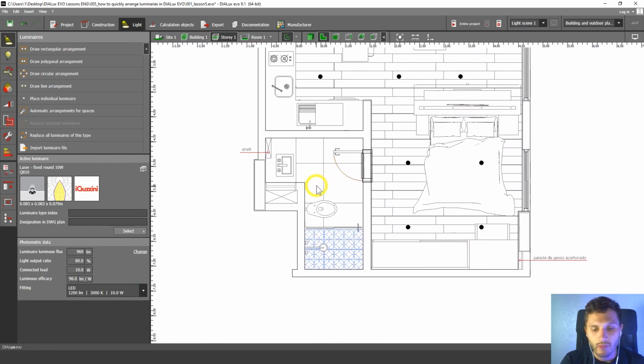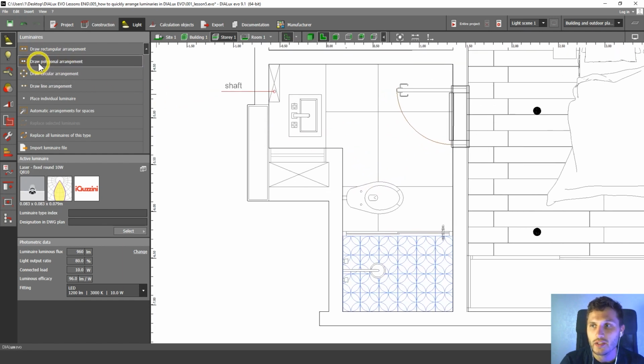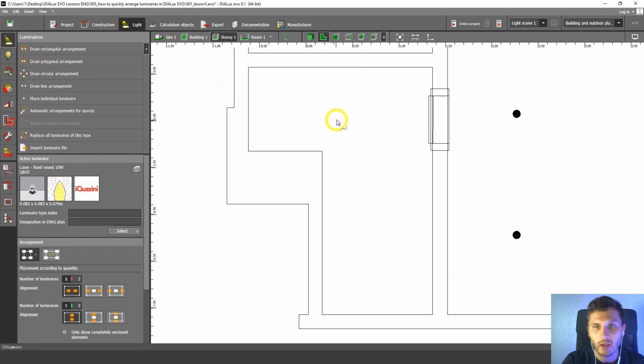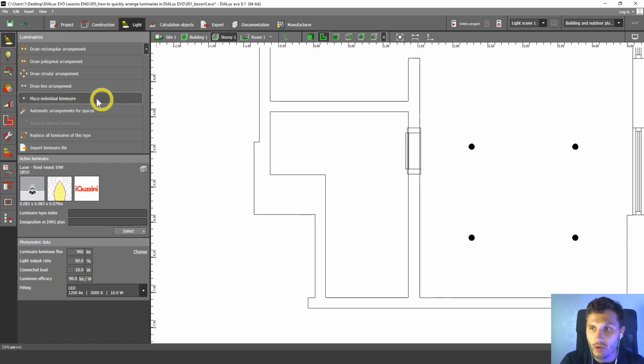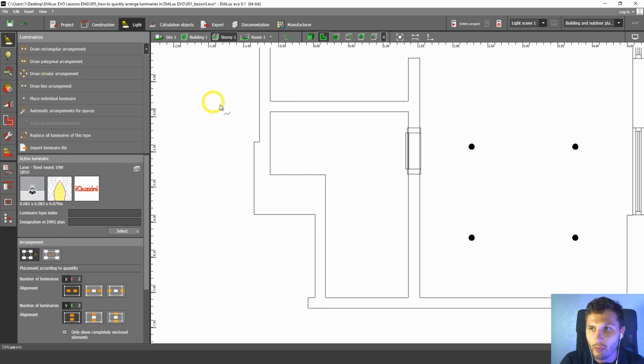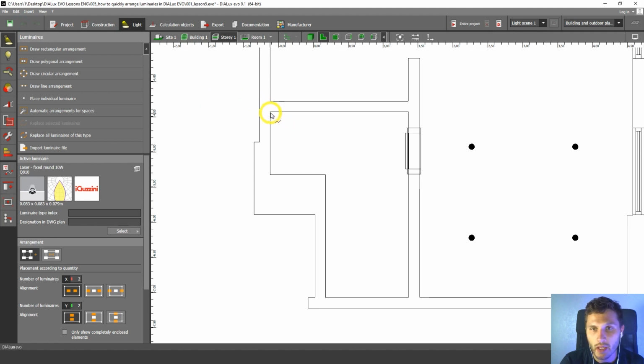What we have in the end, we have our base room. So let's click not to draw rectangular arrangement, but to draw polygonal arrangement. I'm going to show you this function also. Let's click on it and then click F7, and then we can draw. So let's click on draw polygonal arrangement, and then